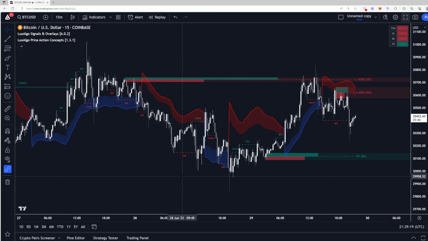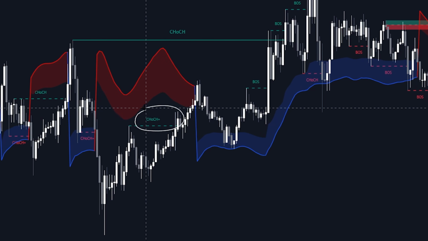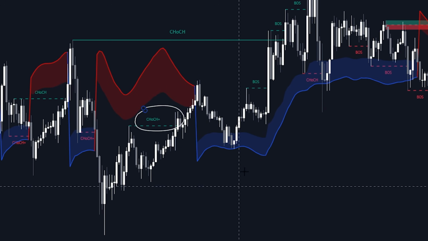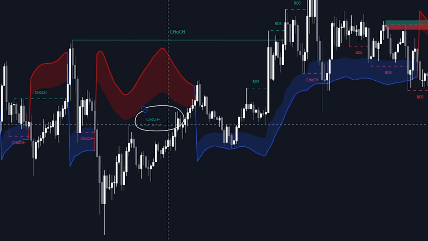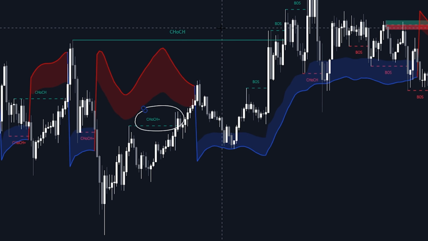So the first thing that you will notice is that these change of character labels can oftentimes appear at the very top of an impulse, right? And that is a completely normal thing because the way you're supposed to utilize change of characters when you're analyzing market structure is to then look for a setup to actually enter the market and then use the break of structure labels as confirmations